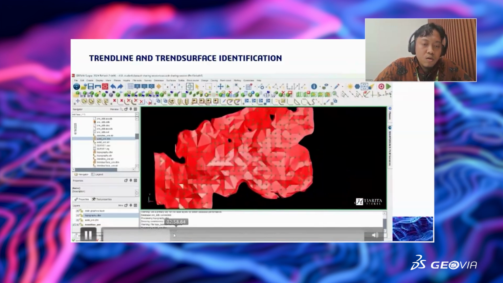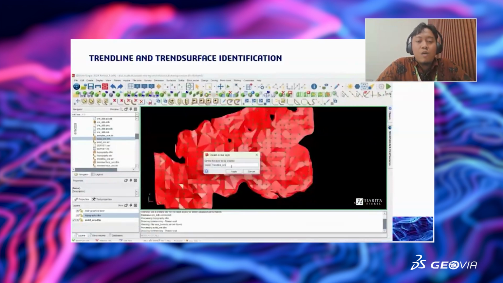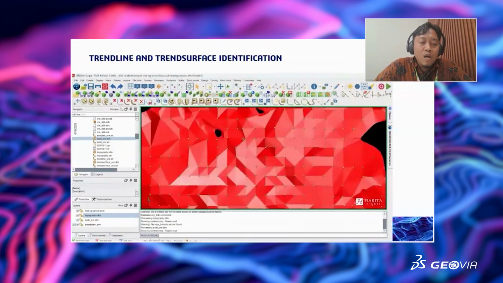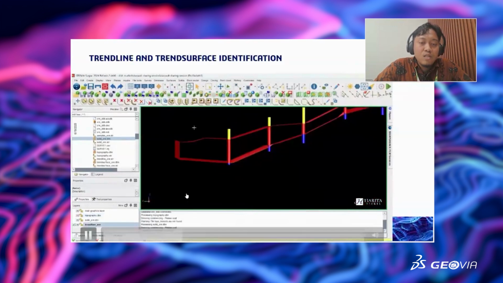First you create the trend line string here. I will call the trend line OR. After that, we do the section, section by section, and do the manual digitizing one by one in the middle of our solid model.